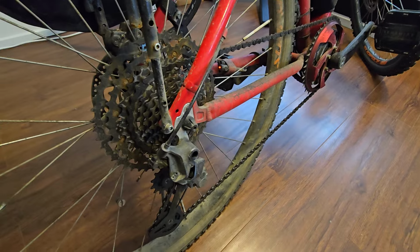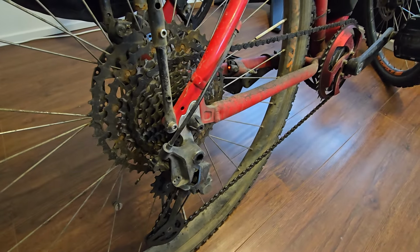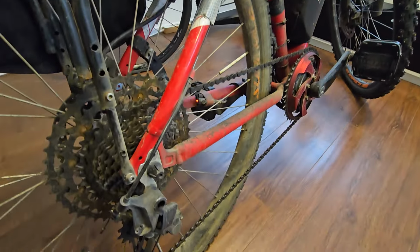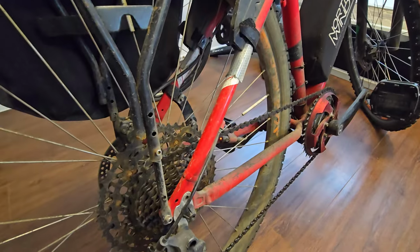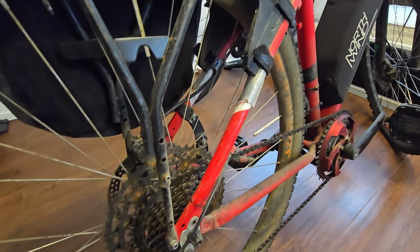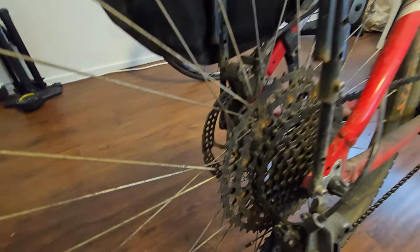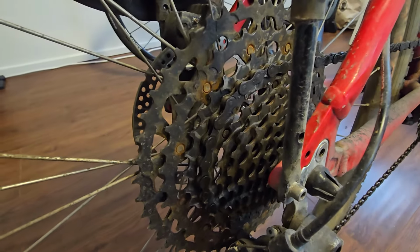I rebuilt it with 11 speed. It used to be 7 or 8 or something like that. Those cheap Trek Marlins, they come up with very low-end components usually. But the frame is decent and it suits me very well geometry wise, so I kept it and I really liked it actually. So what we have here is all the new Shimano Linkglide